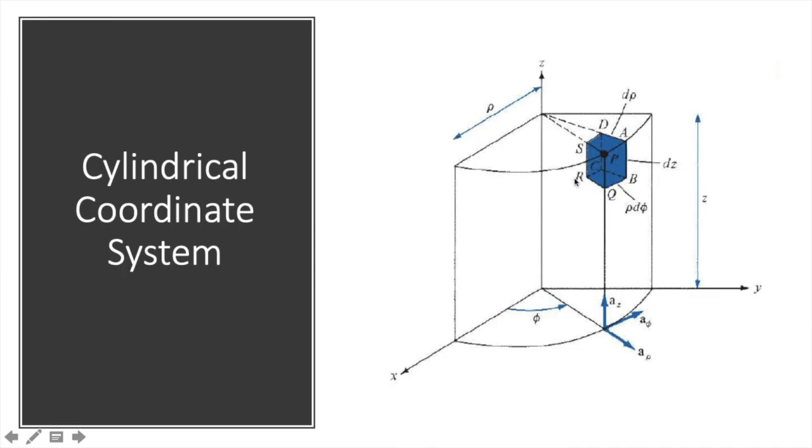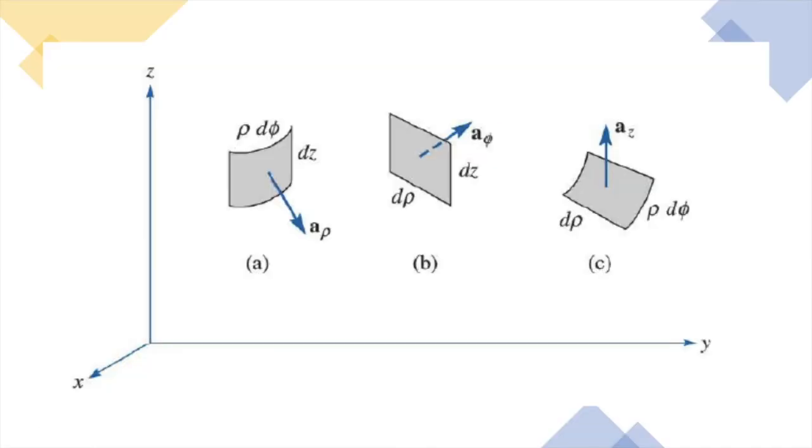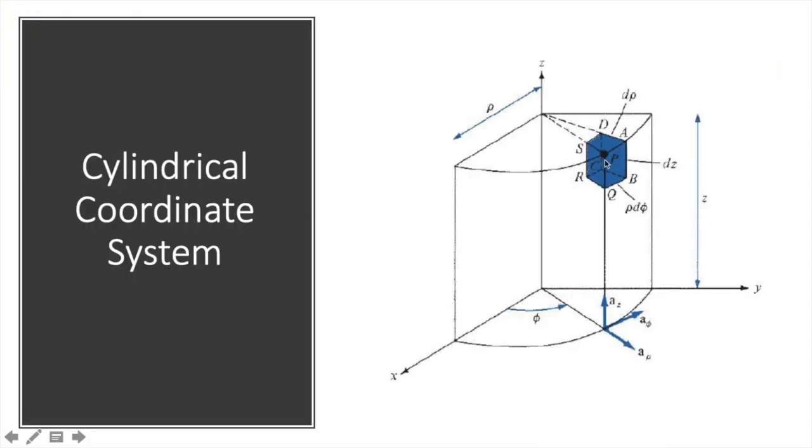For this displacement calculation, we will again go in the same way that we had. So here, if we are moving from point S to P, suppose, then what is the direction in this case? It is the d rho direction. What is the length of this? It is d rho. So we will write the displacement length individually for all of them, one at a time, and then we will combine everything together. So the first one will be d rho a rho.